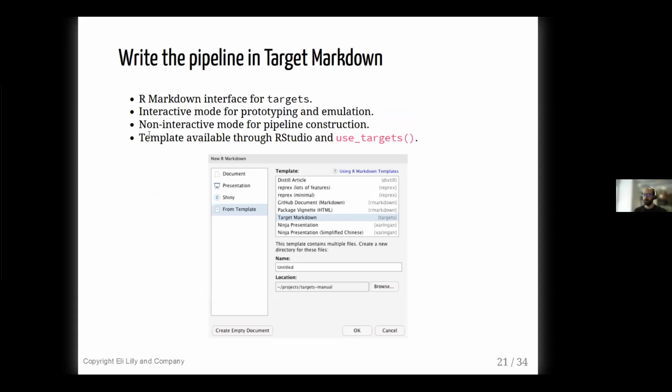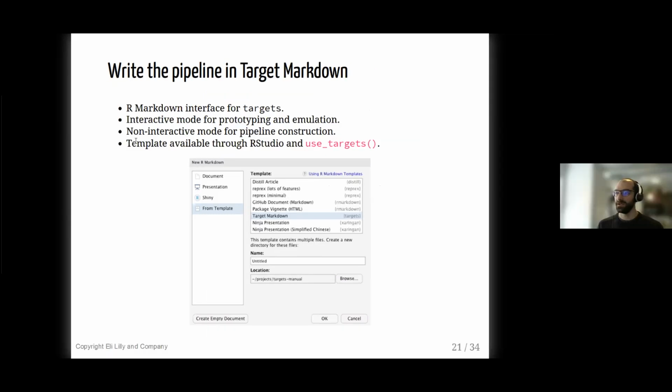The other thing, when I'm building this workflow, just so everyone understands, I'm going to switch gears here again and talk about target markdown, because we're going to implement this validation study in an all-in-one R Markdown report when we start coding this up, and this is going to make the end product a lot easier to develop in some cases and a lot easier to read at the end.